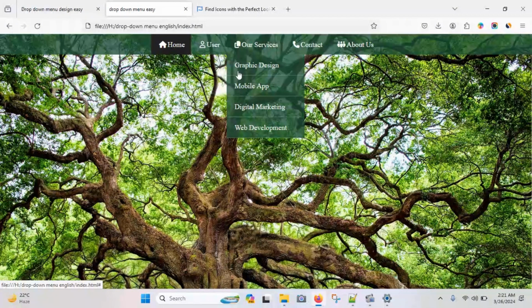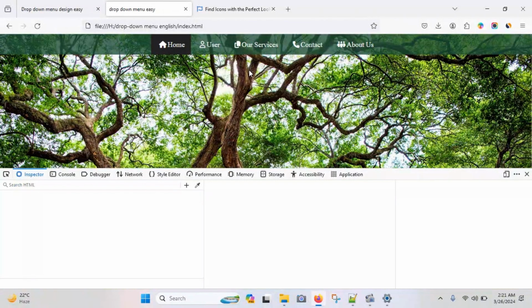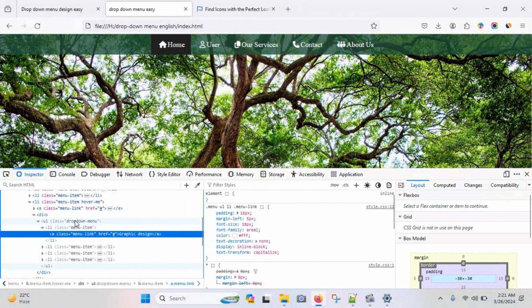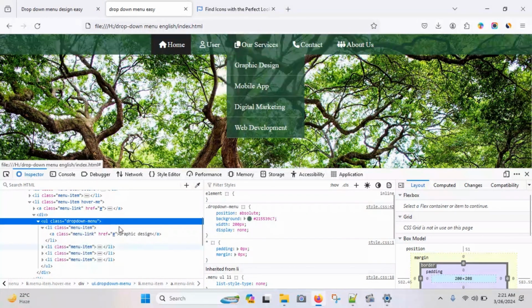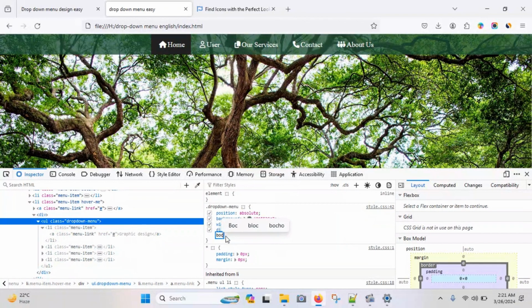So here, okay, and then I'm gonna add box shadow, box shadow,